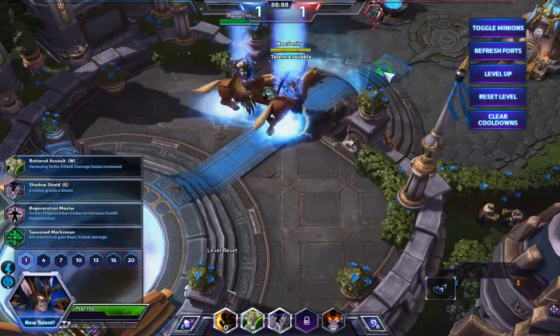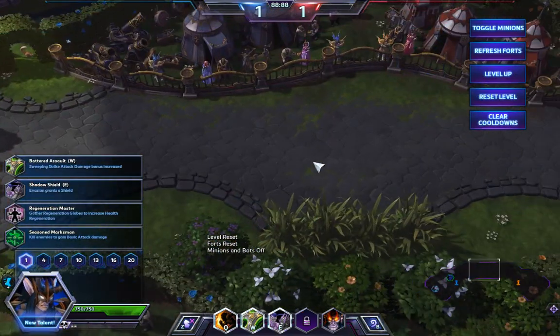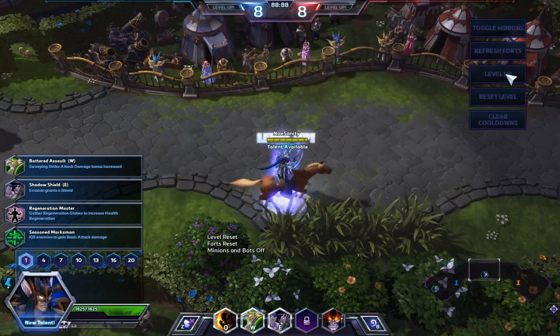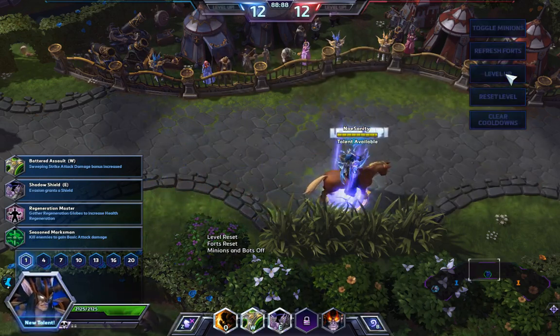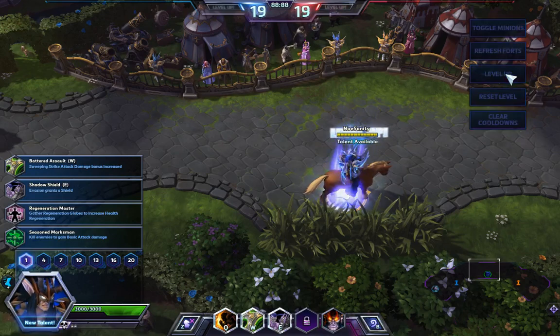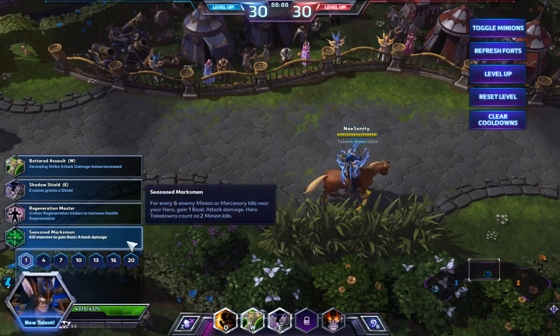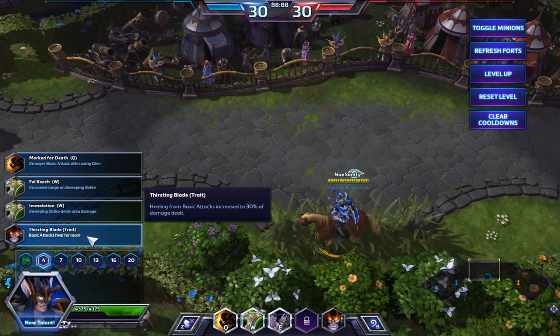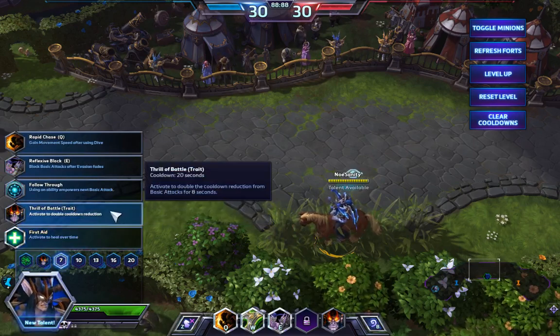And he drops. Okay, let's go ahead and reset. Now, we're not going to be able to get much use out of this, but why not demonstrate it? This is the build I normally go with when I'm playing Illidan. Seasoned Marksman, mixed with Thirst of Blood, Darkness gathers, Thrill of Battle,